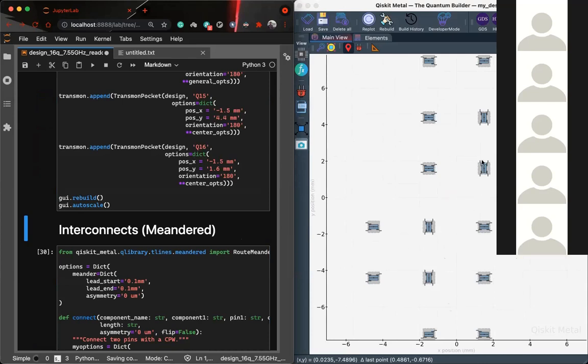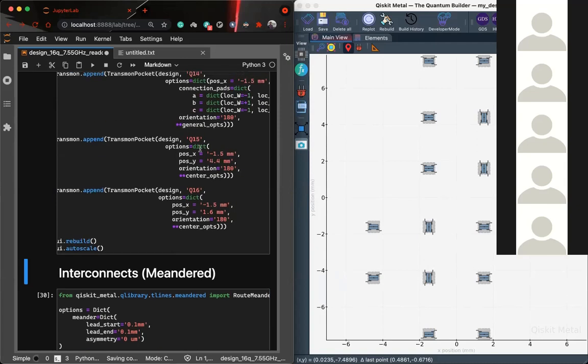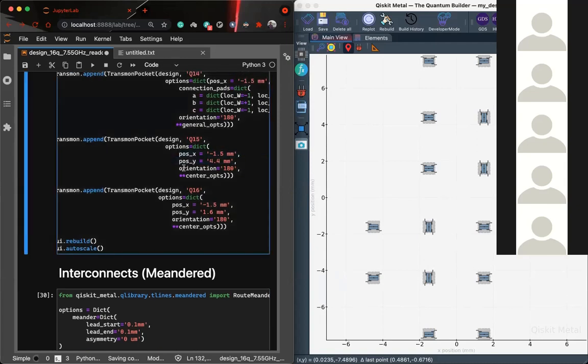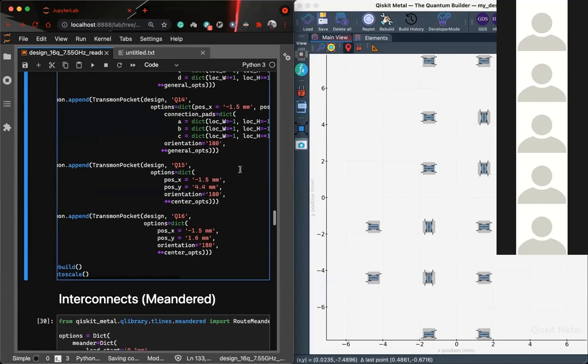Right now it's randomly arranged. This particular formation doesn't mean that it is the most efficient one. This is just for demo purposes. You can define each x and y position, and the orientation, if we want it rotated 90 degrees or 180 degrees, and so on.